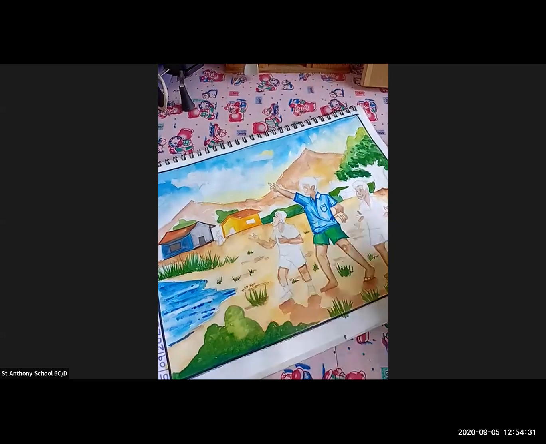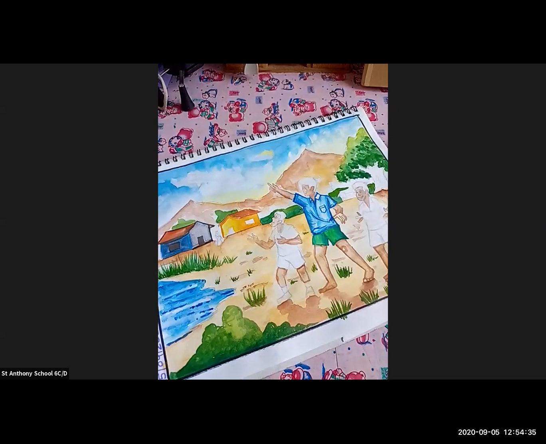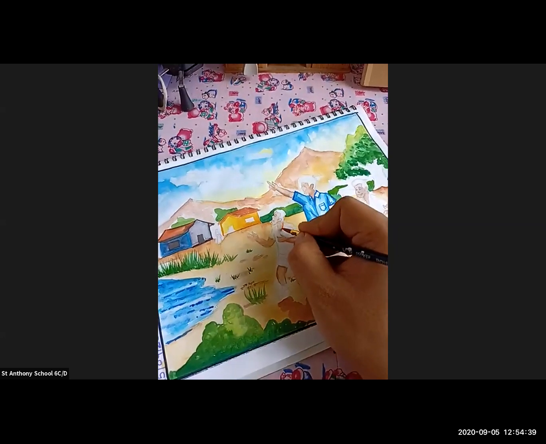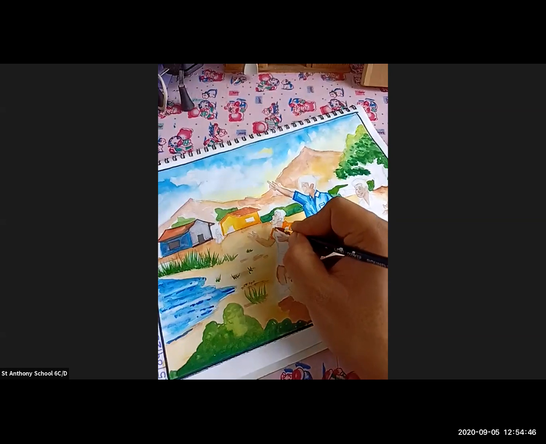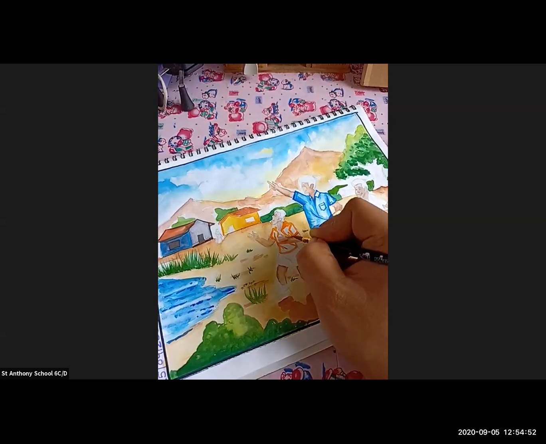We are going to give the detailed highlights to it. Now I'm going to color the boy's shirt over here. He's wearing an orange shirt, so we are just coloring it with orange, giving a proper outline where we need the dark tones. Okay, we are giving the dark tones with the yellow orange color,